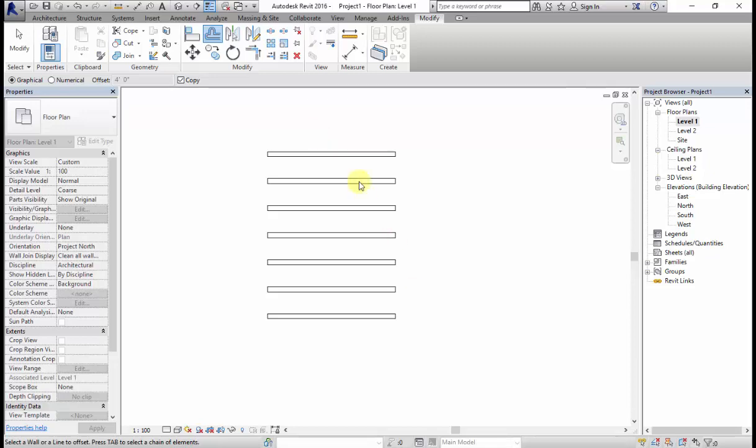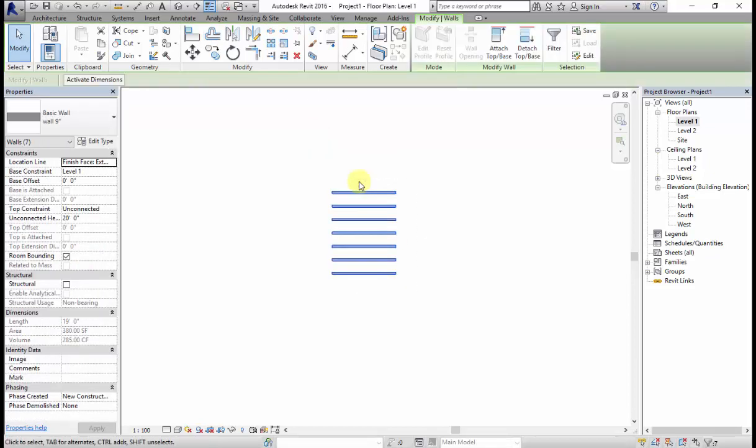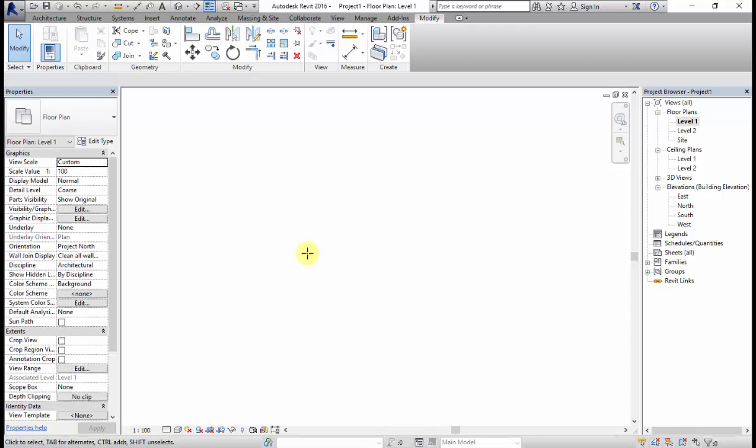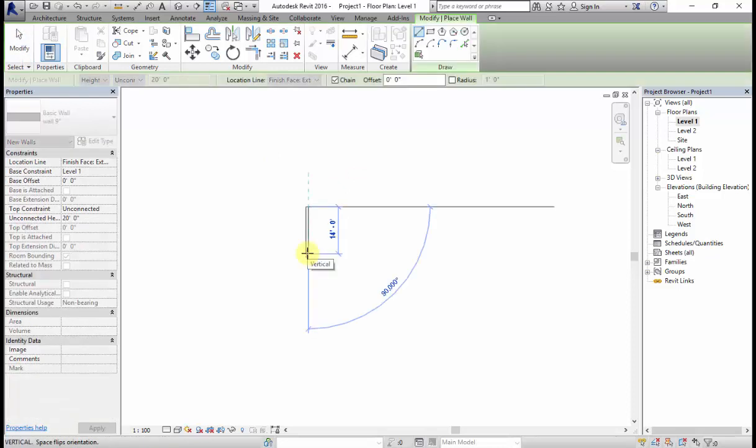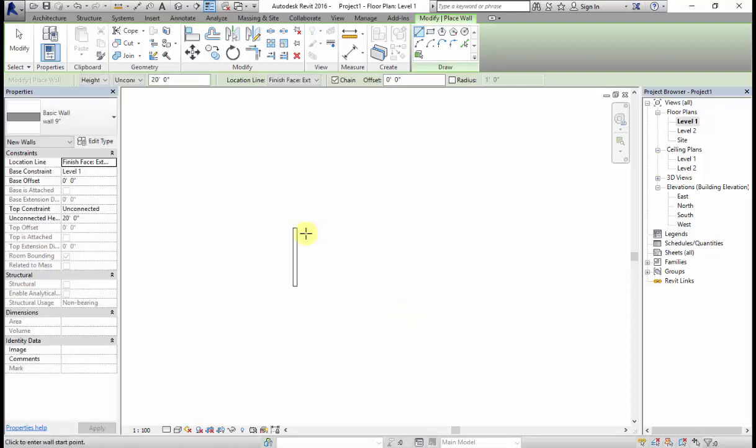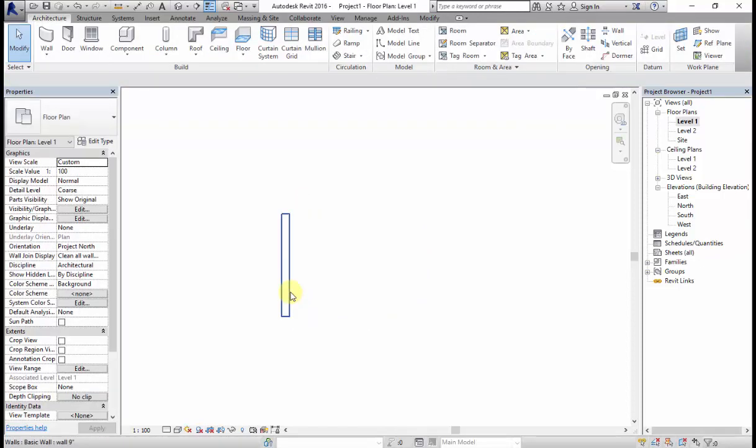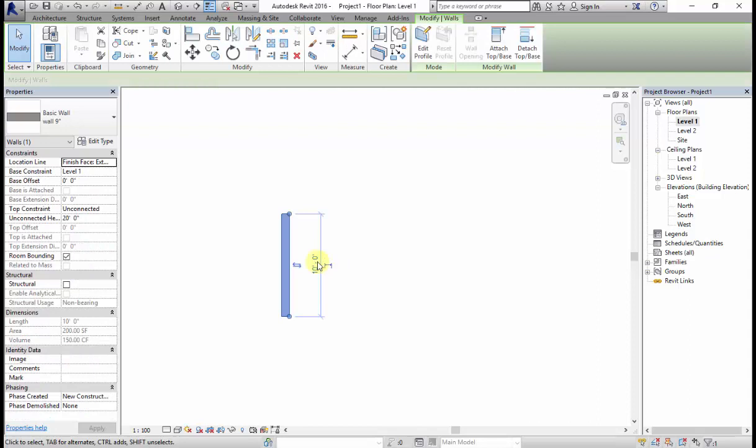Next I'll explain about scale. Scale is used to scale the measurement of the wall. For example, you can see I have a 10 feet wall over here, and you want to convert it to a 20 feet wall height. Here you can just select it and edit the distance by giving the value. You can edit this value and make it 20 feet.